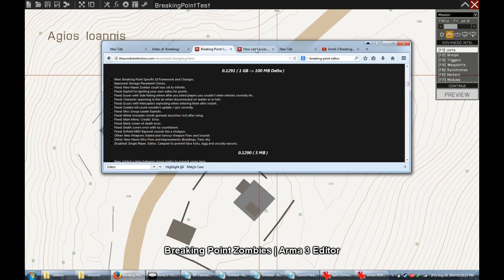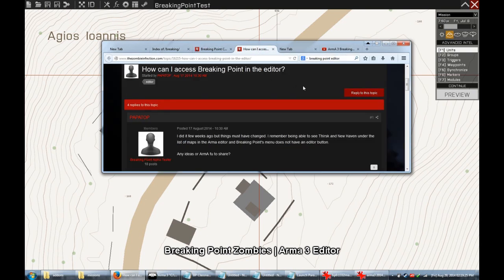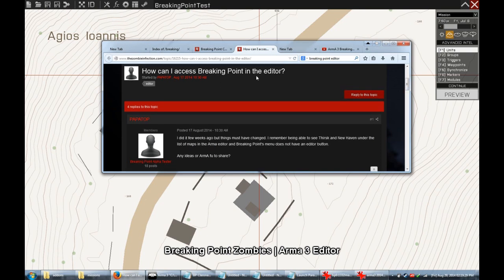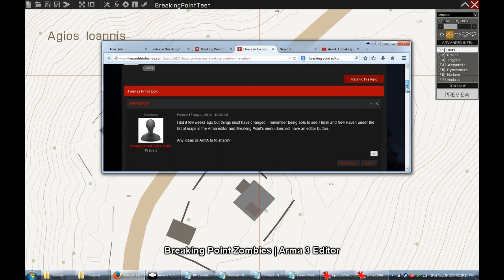That is why, if you visit the forum, you will see posts like, how can I access the Breaking Point in the editor? Breaking Point's menu does not have an editor button. So what this user is trying to point out is that when you